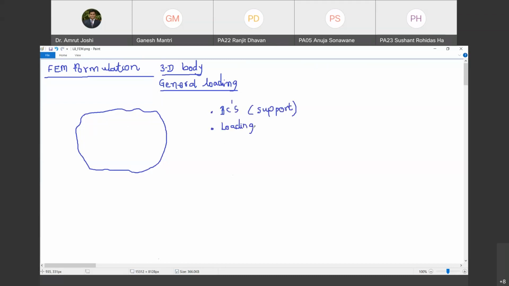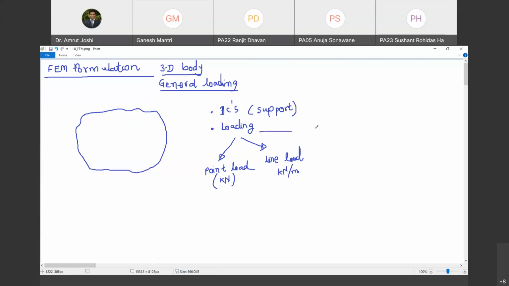So in loading, we have already discussed that there are three types of loads. Four types to be precise. One is point load. Do you agree with me? Yes, sir. So point load. Then second is line load. What is the unit of point load? Point load will have a unit of a force. So let us say it is kilonewton. Are you with me? Yes, sir. Line load will have a unit of force per meter run or force per unit length. So kilonewton per meter. Happy?